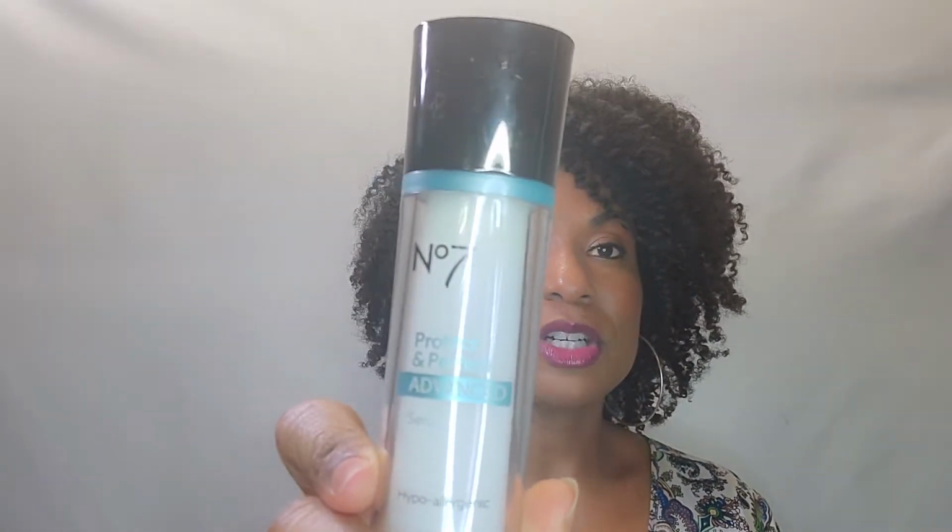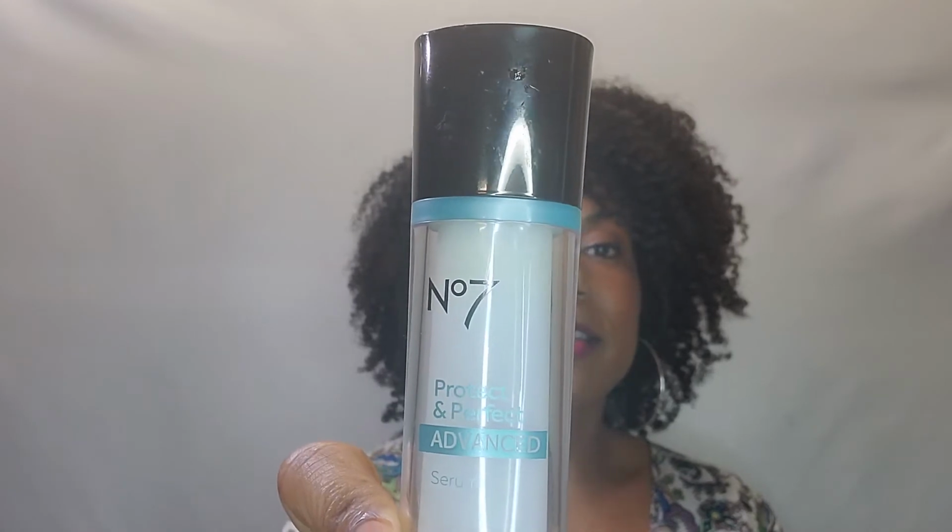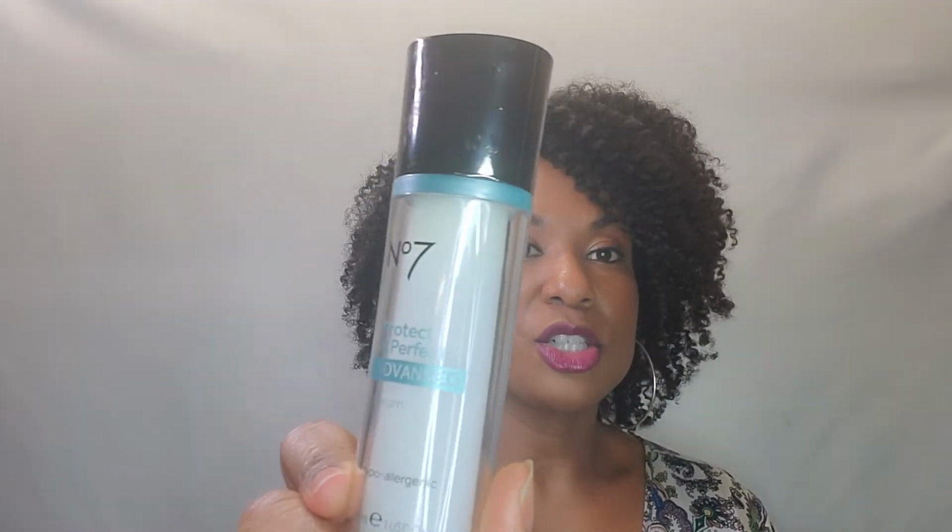Maybe I'm just biased because I found some other ones that I like more, but when I was using those, again, thought it was the greatest thing in the world. Same thing for this one. This is the Protect and Perfect Advanced Serum. So this one's supposed to be a step up from the other one, and it is in a bigger container. And again, right after washing, morning and evening, I always did put these on my face. They just kind of help to